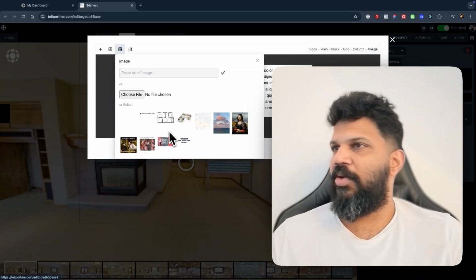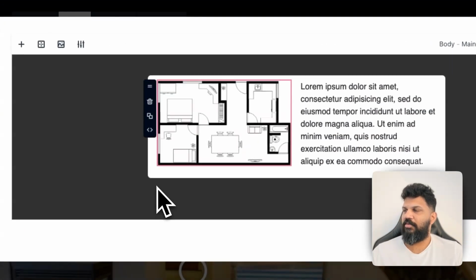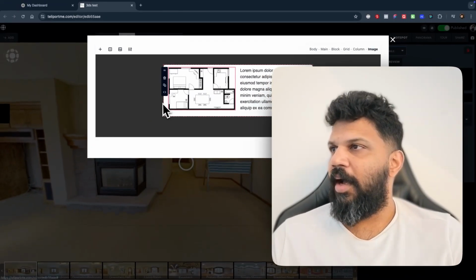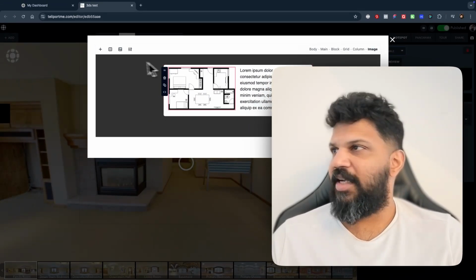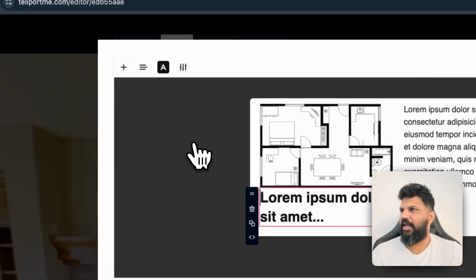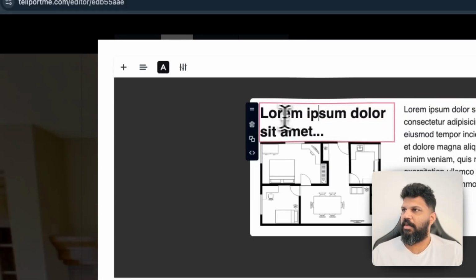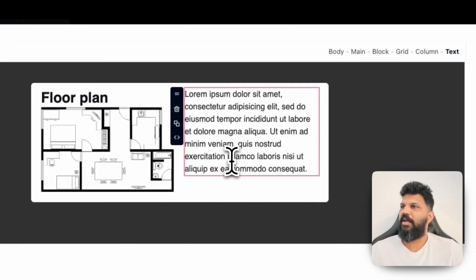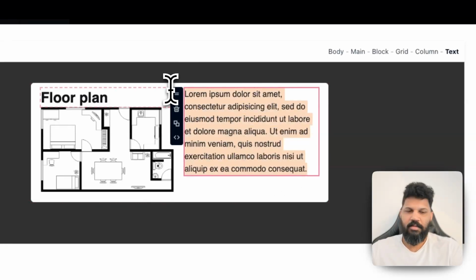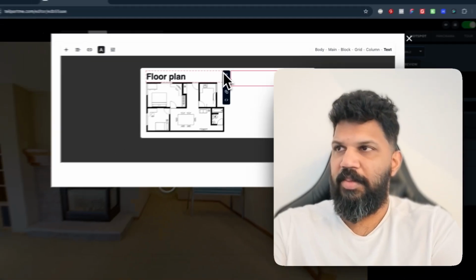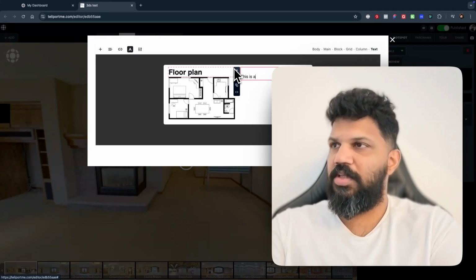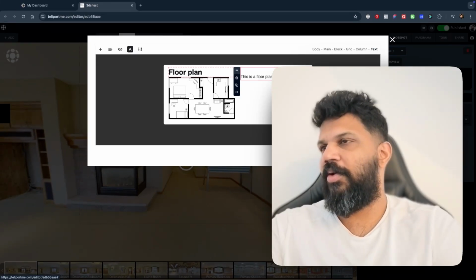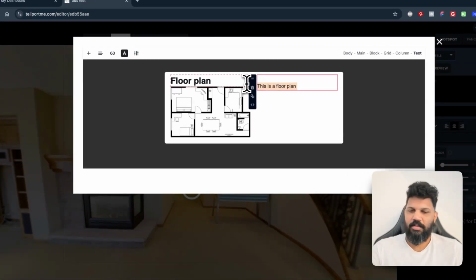In this case, I'm going to pick this floor plan image, right? So I got this here. Now, I want to add a title, so I'm going to go here and add a heading. Now this heading is below, so I can move it up like this. Okay, so I can say floor plan, right? Now over here, obviously, I can add the text. I can maybe make it take one step. So this is a floor plan,